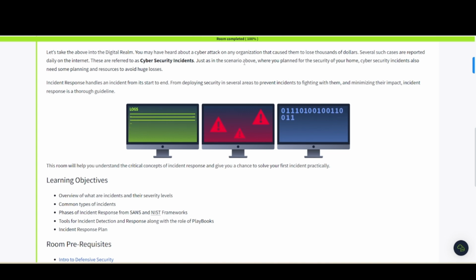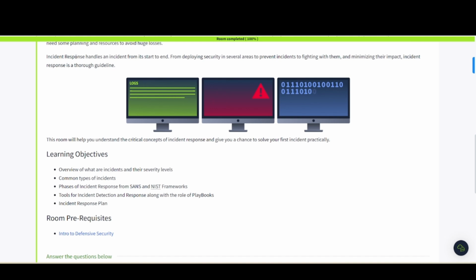Just as in the scenario above, where you planned for the security of your home, cybersecurity incidents also need some planning and resources to avoid huge losses. And that's absolutely true. Incident response handles an incident from its start to end, from deploying security in several areas to prevent incidents to fighting with them and minimizing their impact. Incident response is a thorough guideline. This room will help you understand the critical concepts of incident response and give you a chance to solve your